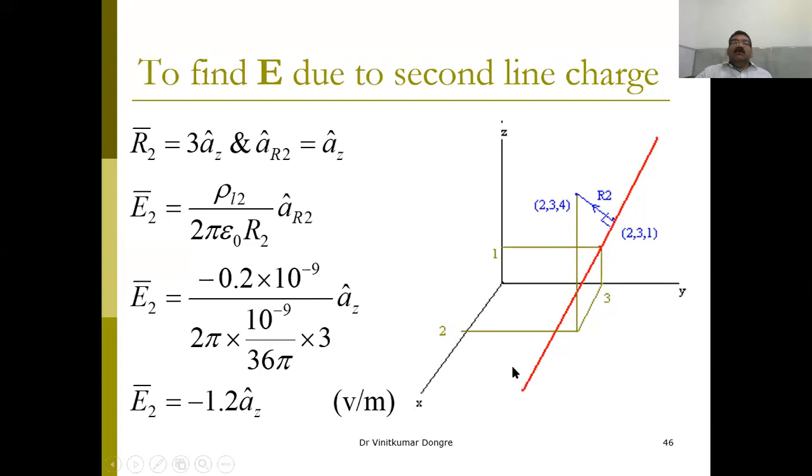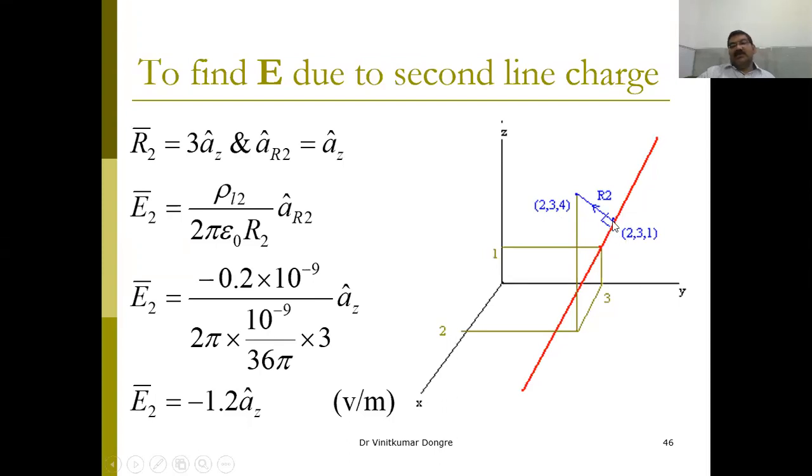Here, it is parallel to the x-axis, so x is the variable value. Apart from the x, the other points will be the same as the line. So that will be 3 and 1. This one is on the z-axis, and 3 is on the y-axis. So 3 and 1, and this 2 will be the same as the point. So this is 2. Okay.